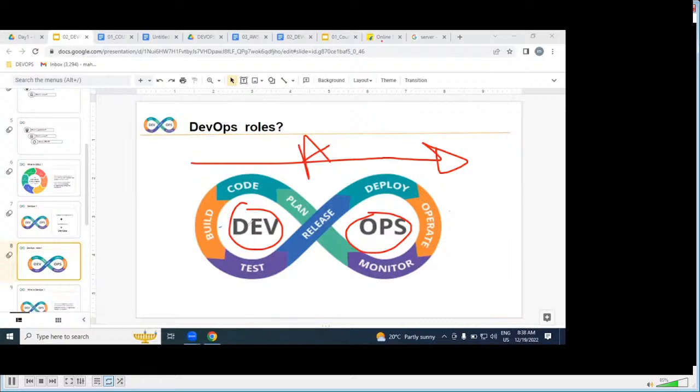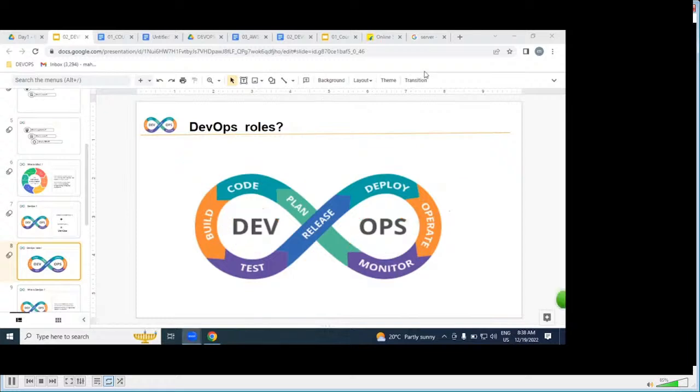For example, developers write the lines of code, the software. The software is going to move into the production environment with an automated process. That automated process is going to be created by DevOps. That is the only role we play in SDLC. Developers write code, testers write test cases, DB and AWS administrators work on their parts. All the people together complete our SDLC process. On top of the SDLC process, as a DevOps engineer, we implement an automated process.